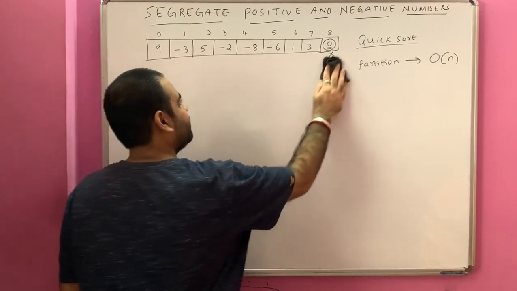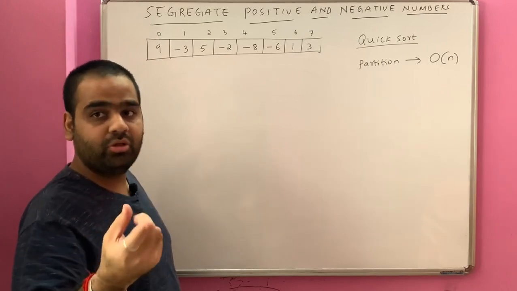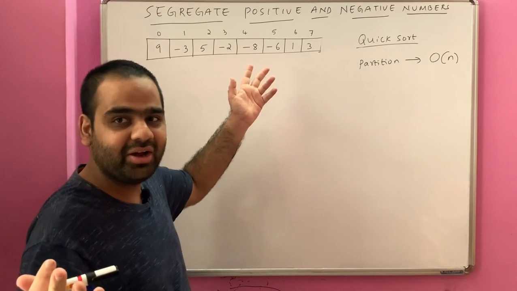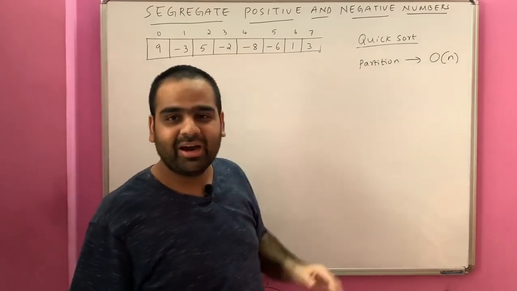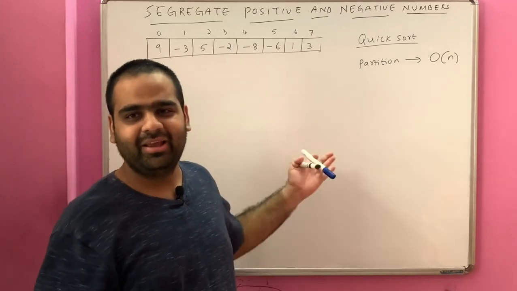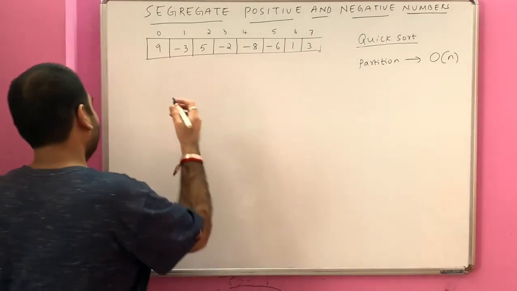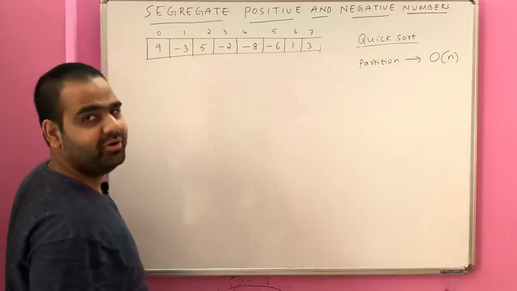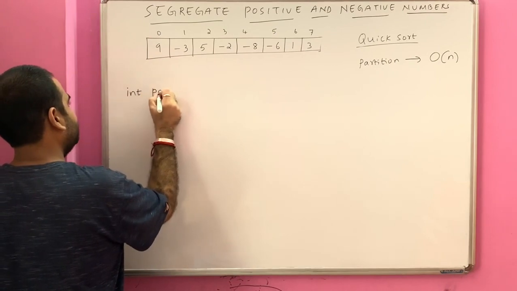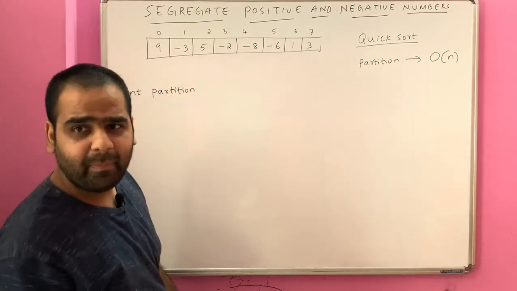Now you might ask, how many times do we need to run this? Only one time. Because if you run it one time, 0 will be at the appropriate position and all the things are segregated. Therefore, this partition is run one time, so the time complexity will be big O n. Okay, let's see how we do it. Now, you say int partition. Suppose you need the partition index. Do we need the partition index over here?